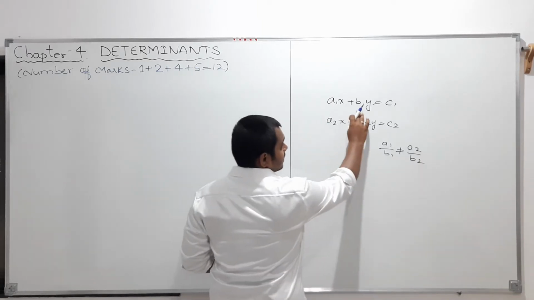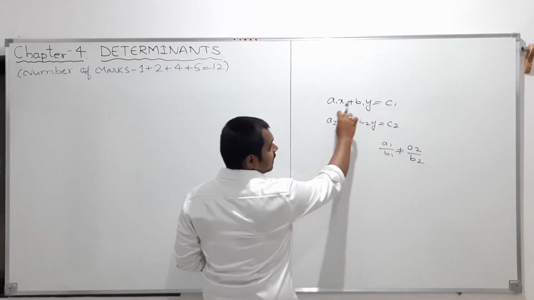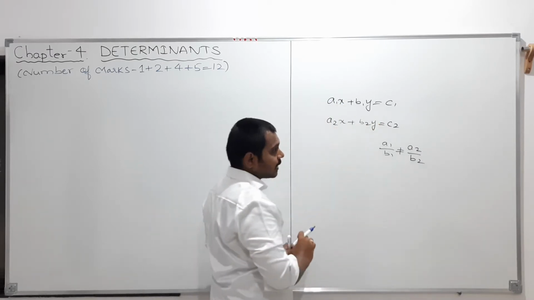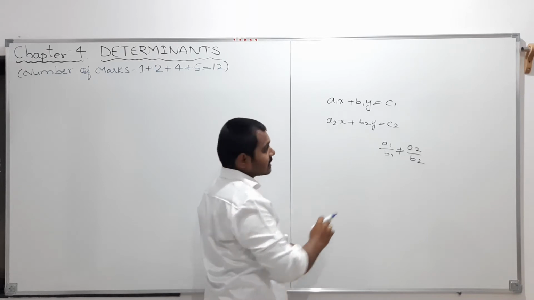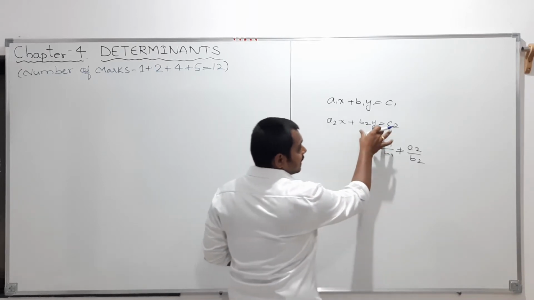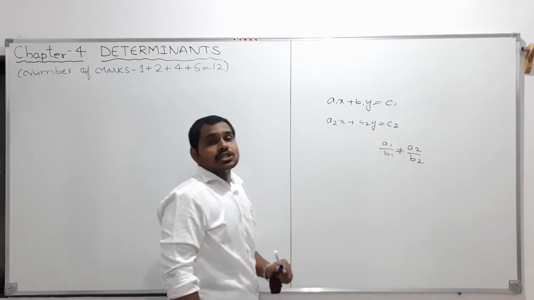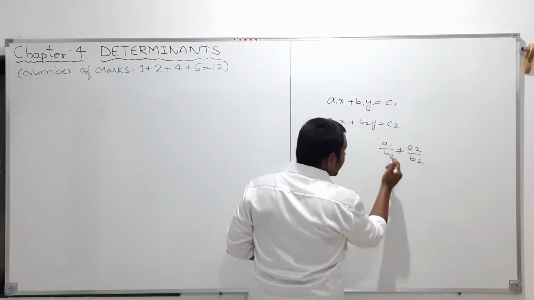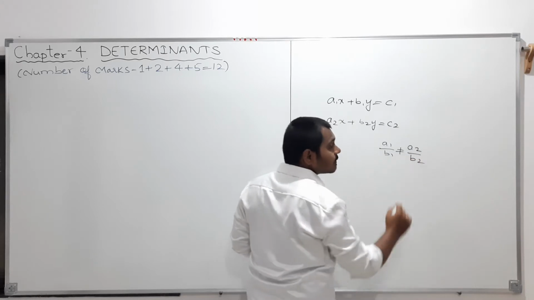Clear? In a1x plus b1y equals c1, a1 is the coefficient of x and b1 is the coefficient of y. a2 is the coefficient of x and b2 is the coefficient of y in these two given linear equations. So if a1 by b1 is not equal to a2 by b2,